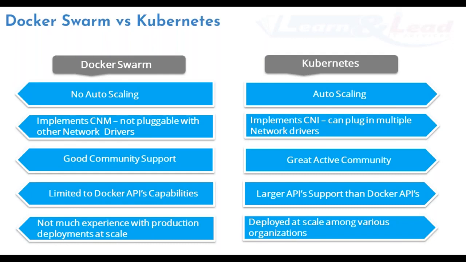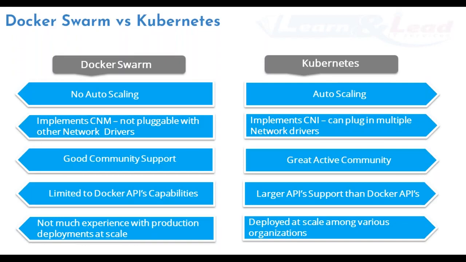Now, this is another feature. Kubernetes is pluggable. It's pluggable at the network solution side. It's pluggable at the container engine side, which means that not only Docker, we could use Rocket or various other things like CRI-O or containerd as the container runtime for the Kubernetes backend. But in Docker, you just have to stick to Docker itself.